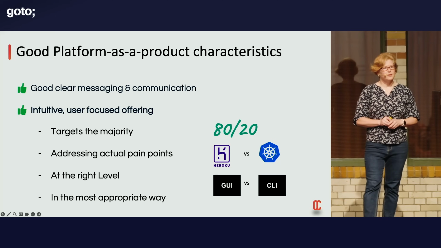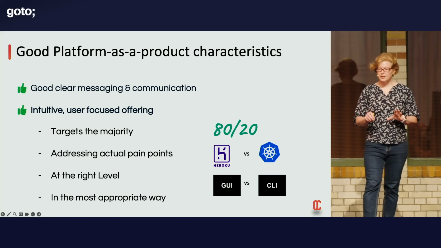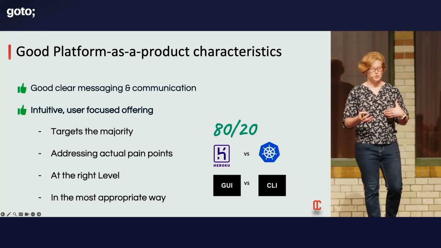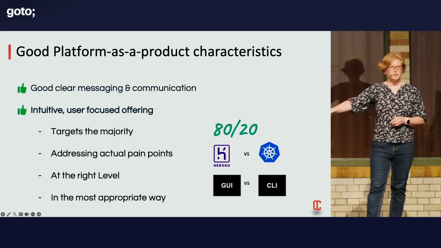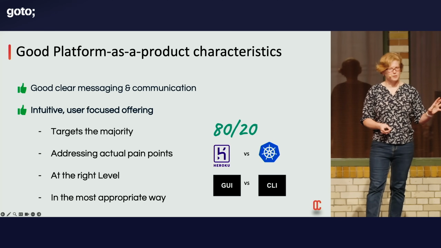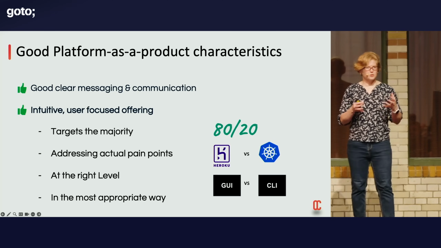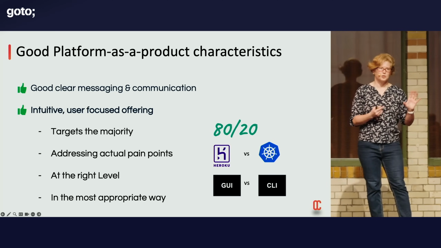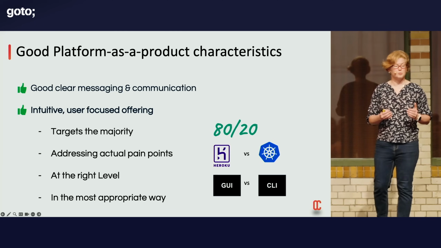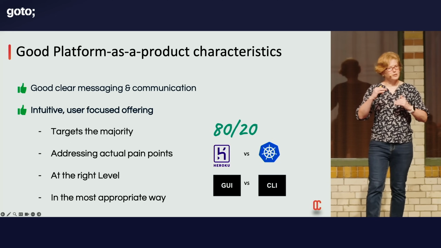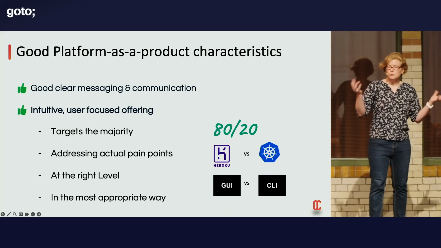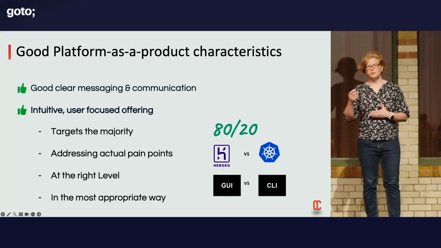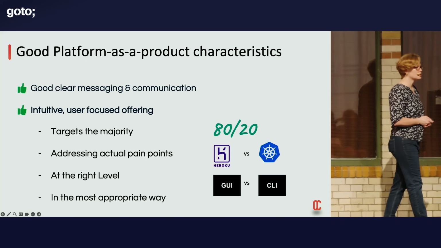When I speak about the right level, if you think about how you might want to consume a one-click deployment, is it more that I want to understand all the nuts and bolts of Kubernetes under the covers, or do I want more of a Heroku experience? I would argue that most of your users don't want the Kubernetes. They will skew more towards a Heroku experience. So finding that abstraction level, where the platform needs to build, is really important. And also, what's the most appropriate way? Do they want a GUI or a CLI, or what is the option here?